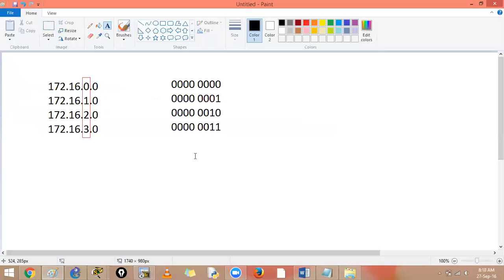Clear? Getting the point? Now notice the bit up to which the configuration is the same. Up to this bit, do you see all the bits are matching? Yeah. Let it be 0, let it be 1. If a bit is matching over here,